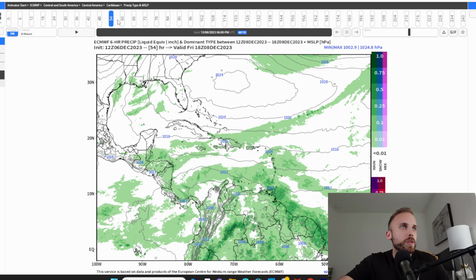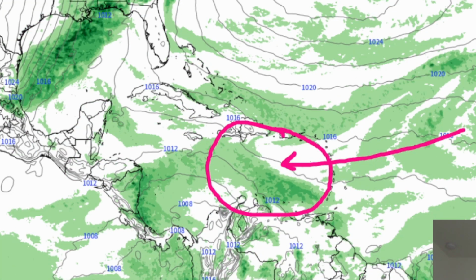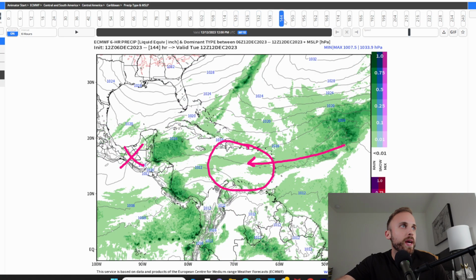As that system moves through, it's a very weak tropical wave. It's been sheared apart and shredded for all intents and purposes by just how much upper-level shear activity we have across the North Atlantic in its entirety. What I want you guys to pay close attention to is as that area of rainfall right in through here continues to move through the pattern following the prevailing easterlies across the tropical Atlantic and into the Caribbean Sea. As that system transitions westward, notice how we have that significant cold plunge moving across the south, the southeast, and into the Gulf of Mexico, and the tail end of the front is now positioned over El Salvador, parts of Belize, and the Yucatan. As these two meet up, we're going to have a little bit of an induced spin